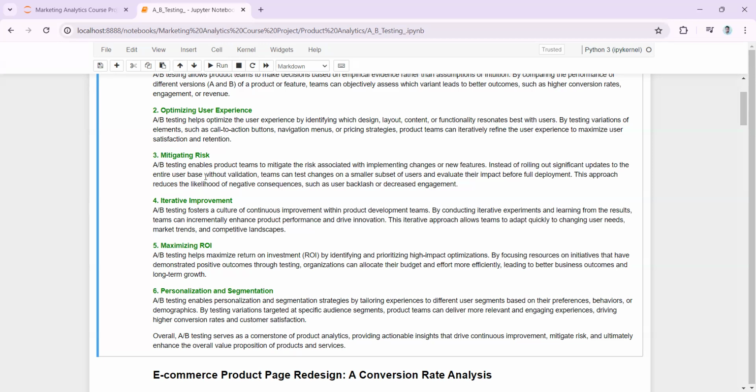So in order to avoid the risk of failure, what you do is select a study area, a subset of your customer base, and then you launch your new product or new version of your product on that subset of users. And you conduct the A/B testing in that situation. Suppose you find any difference between before launching your new version of the product and after launching it, you can determine what impact your new version is